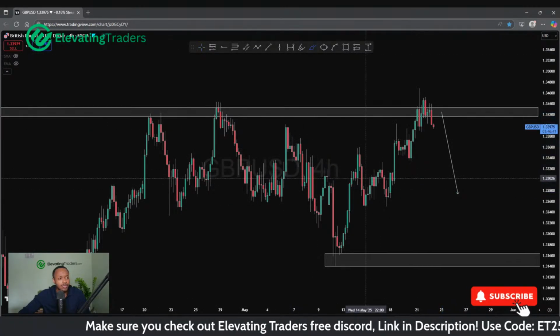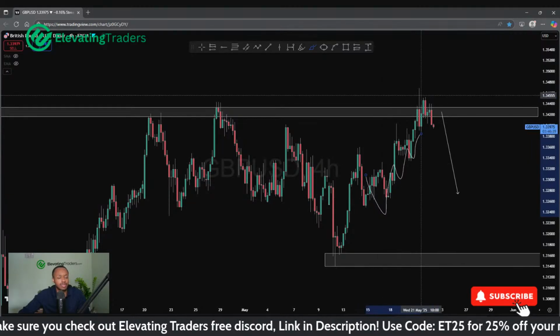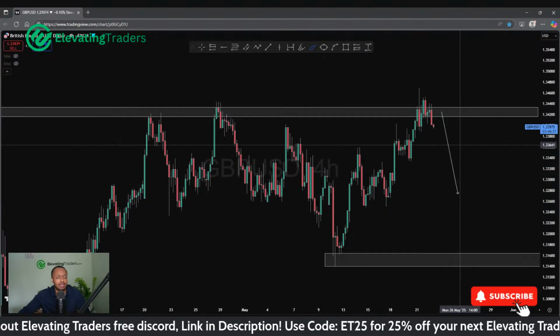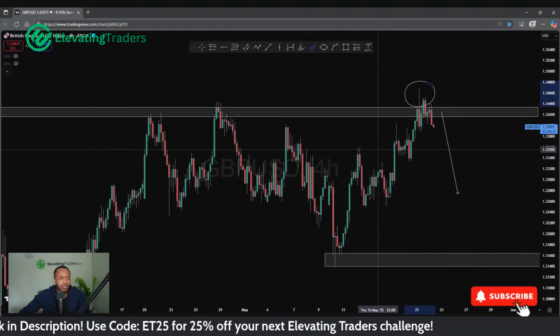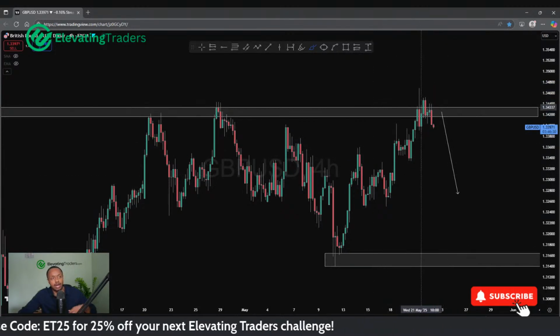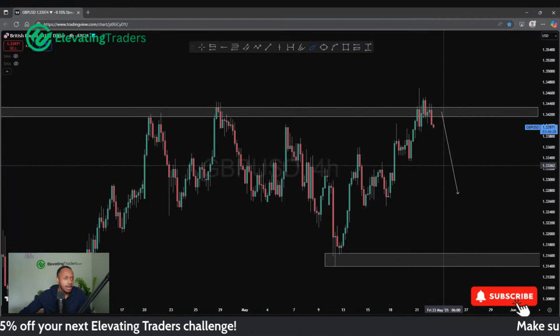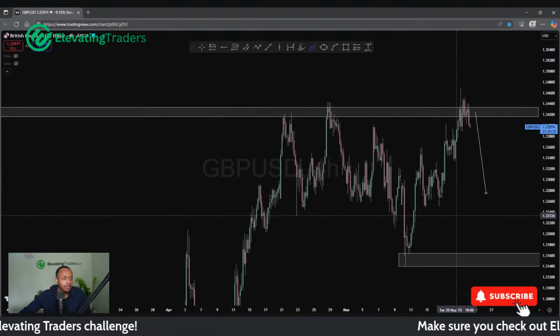Very corrective move on the way up. It's not like we saw a lot of momentum with this push. It was very, very corrective. So that's a sign that, okay, potentially we are going to hold the level, especially with a big wick rejection there. I think that was yesterday. So yeah, pound USD, I think we can see a bit of a drop here.